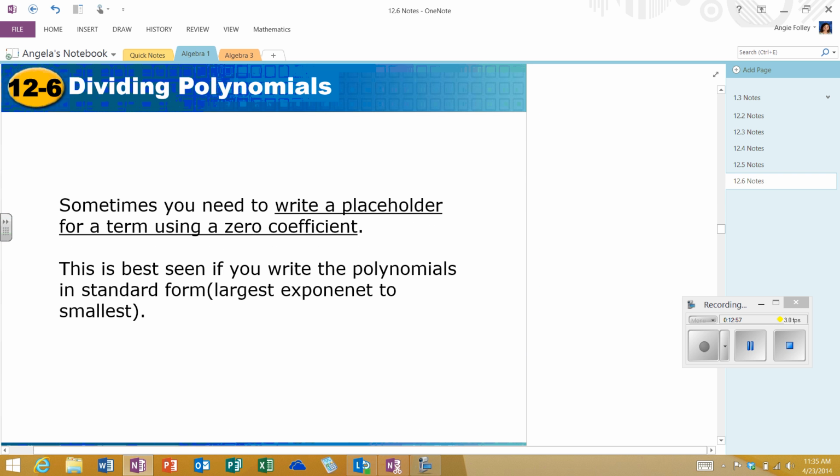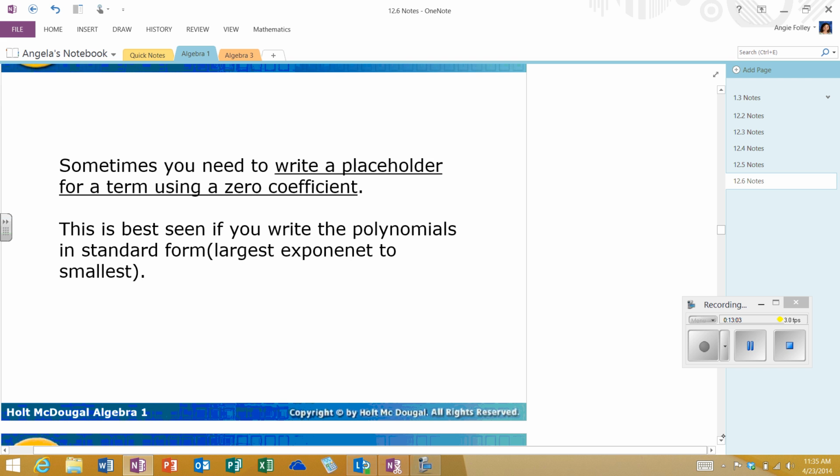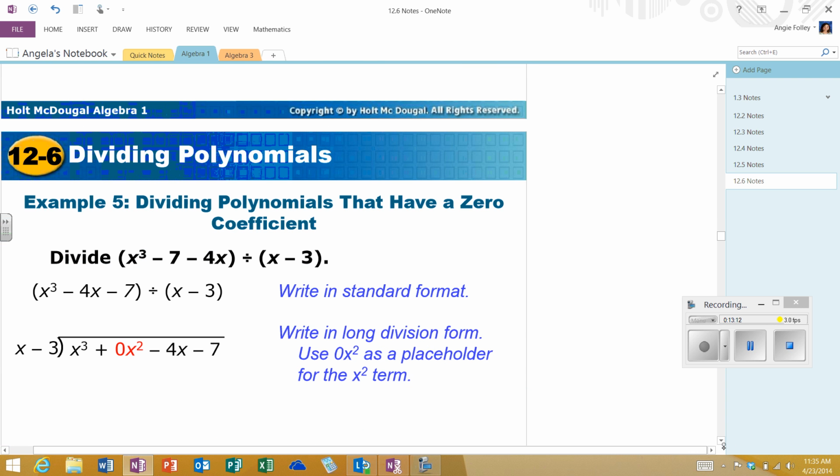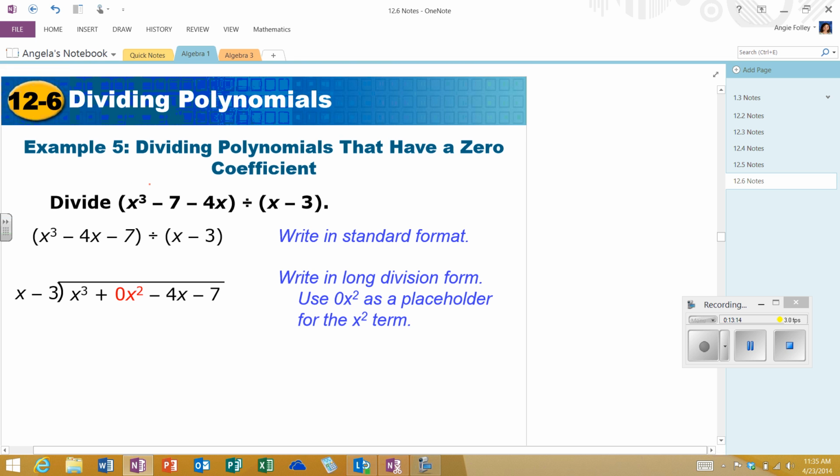Sometimes you'll need to make a placeholder if a term is missing. So you'll use a 0 coefficient. And this is making sure that you've written the polynomial in standard form, meaning largest exponent to smallest exponent. So let me show you what I mean by that. If I have the polynomial x cubed minus 7 minus 4x divided by x minus 3,